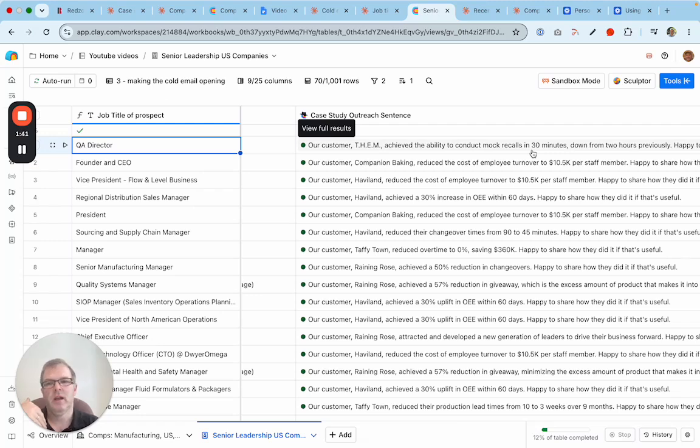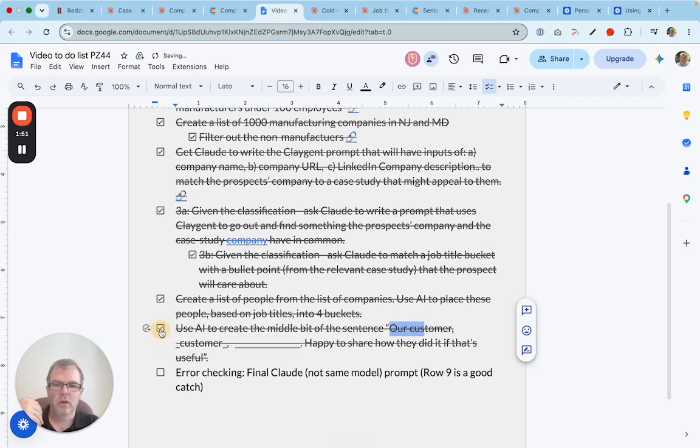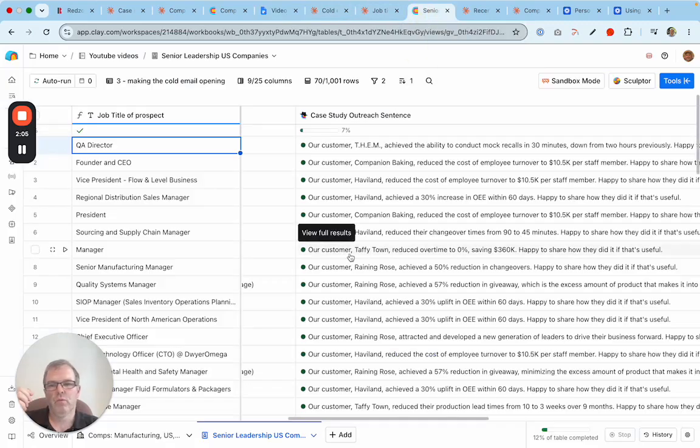Okay, now there was one item that did get by me, but it was caught by the backup system that I have. So for error checking, I wanted to actually use Claude in Clay. So far I've just been using OpenAI. I wanted another one to have a look at its work, and that did spot a problem. So if we go and look at row 9,